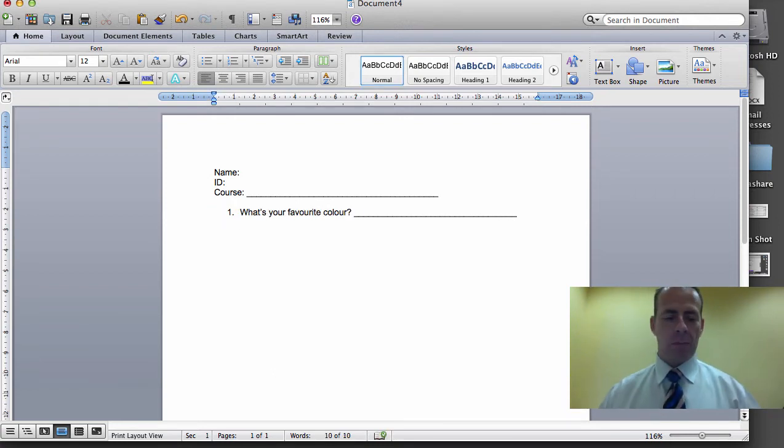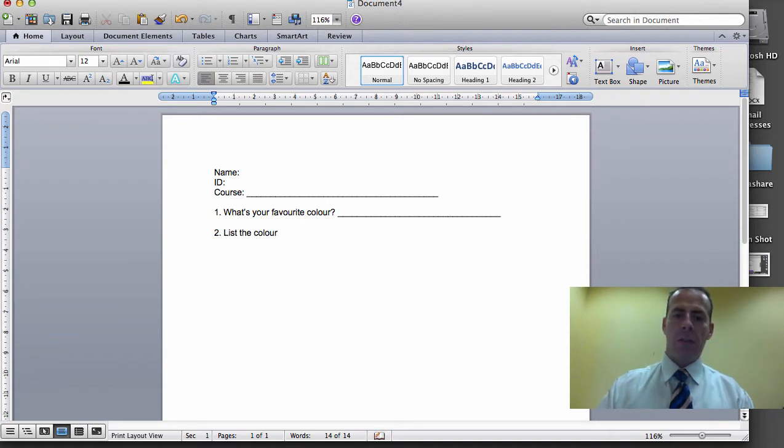I'm going to do double spacing now, because I know that that's going to give me enough space. A list of colors of the rainbow. All right, so here's another